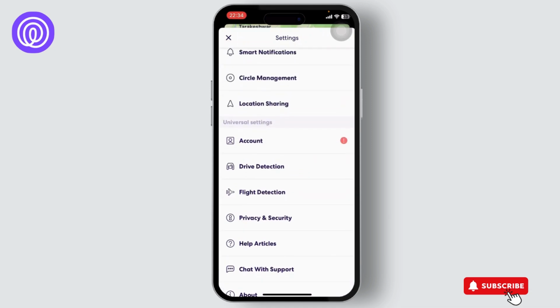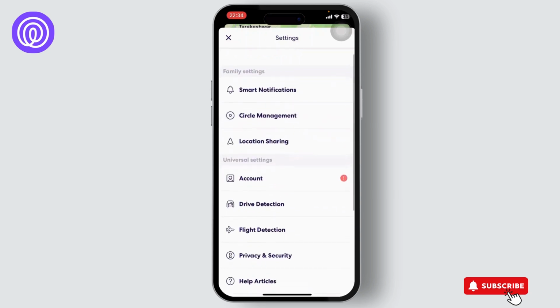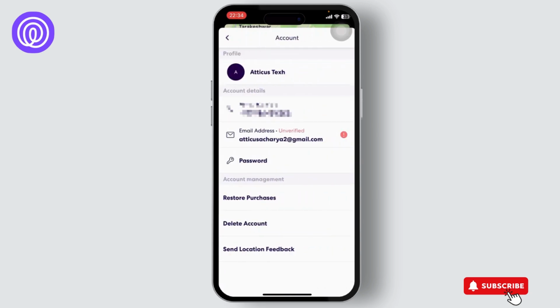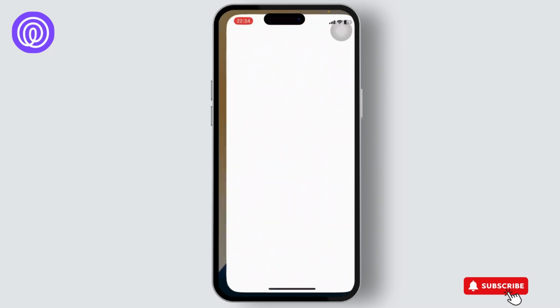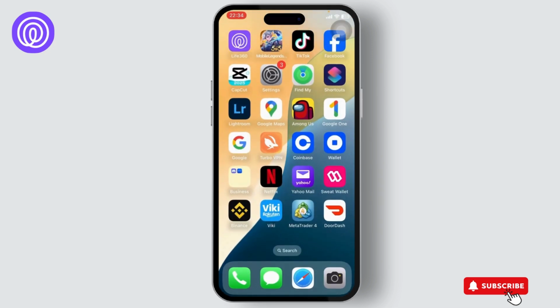Now if you do want to delete your account, what you'll need to do is you'll simply need to head over to your account section, that is right here, and then you will see the delete account option. Tap on delete account, and if you scroll down, you'll need to confirm all the above and then tap on continue. With this, you will have deleted your account, and that is the basics of